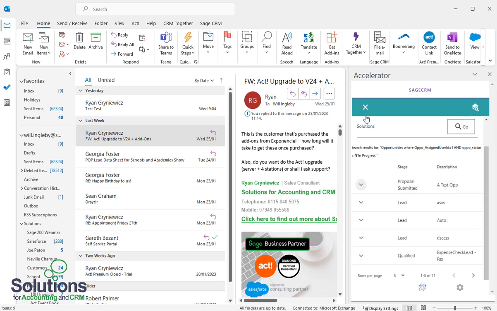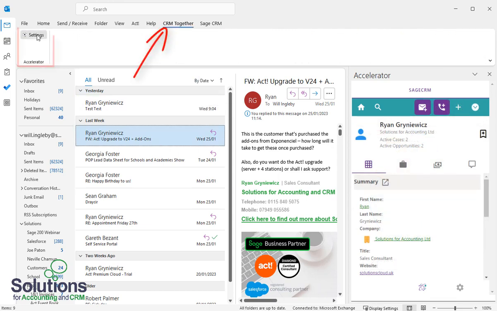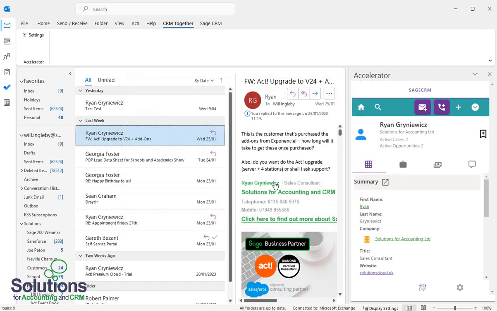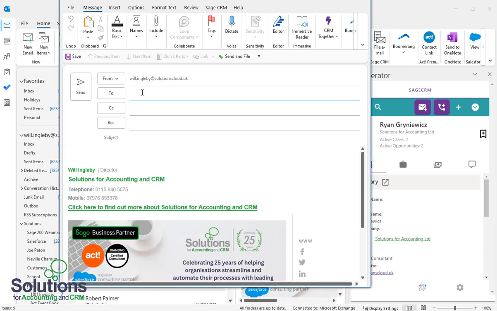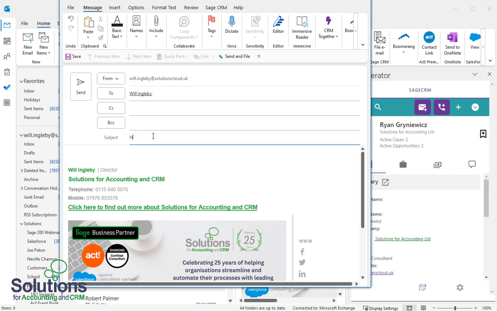I can also set up the system to allow me to record communications for outbound emails. So when I send an email to a prospect or a client, that can be automatically recorded in CRM. So once I've enabled that, you can see that if I send an email just in the normal way, email address is populated. I'll just put some test data in the subject line and a few characters in the details panel.